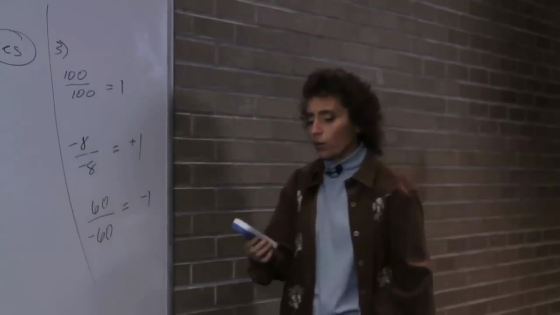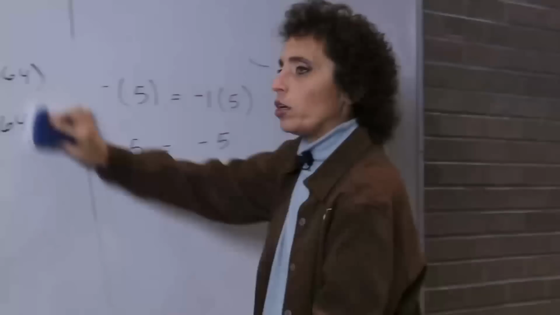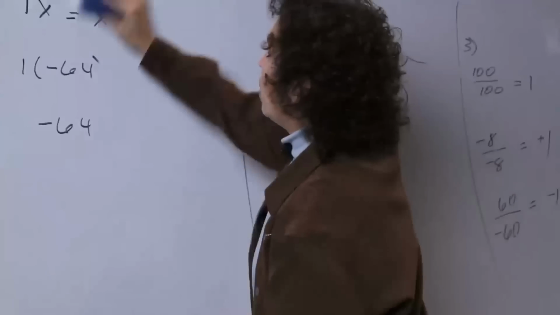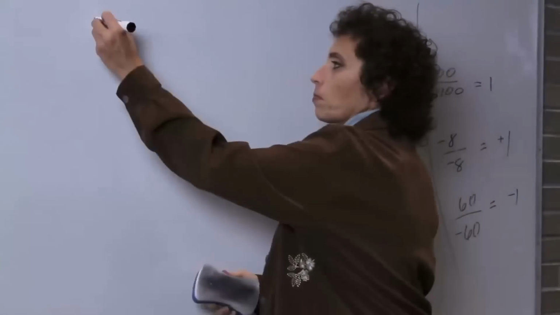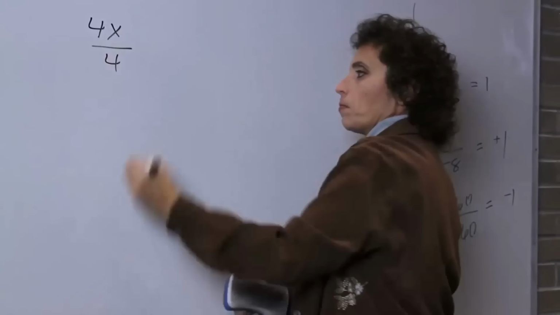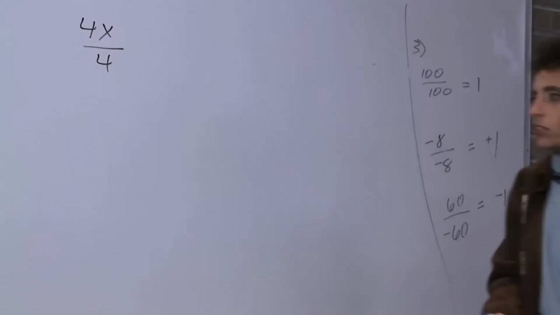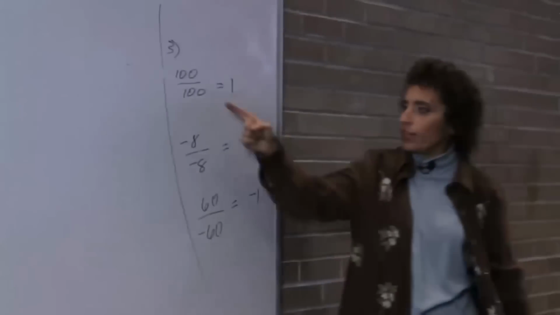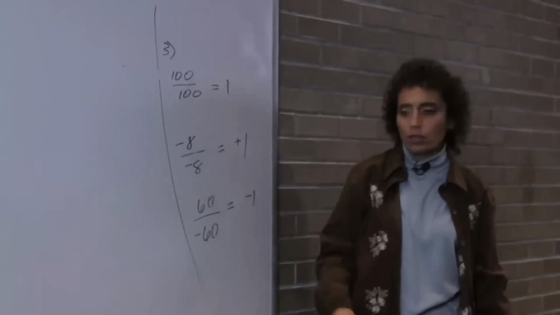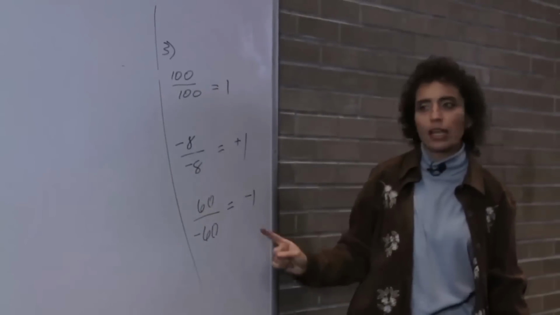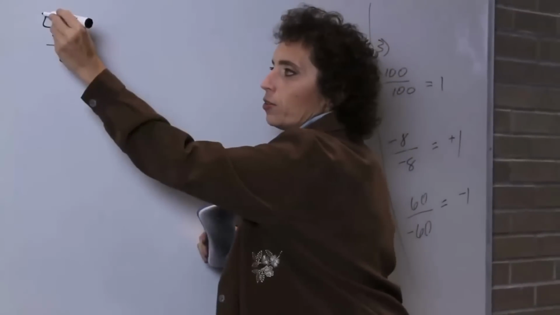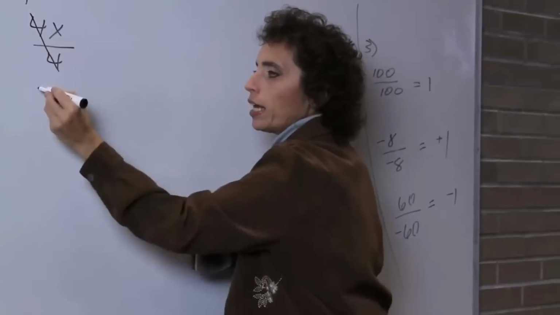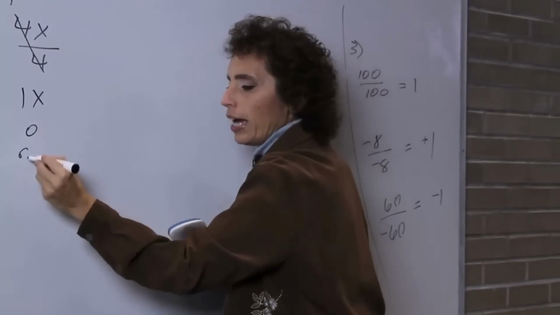So where am I going with all of this? Well, let's take a look at this next one. 4x divided by 4, is that x? Okay, I want to know, is that x? Let's take a look. Well, we know anything divided by itself is 1. We may have a difference in sign, just make it negative 1. Well, here, I can do this. 4 divided by 4 is a 1, and I do get 1x or just x.